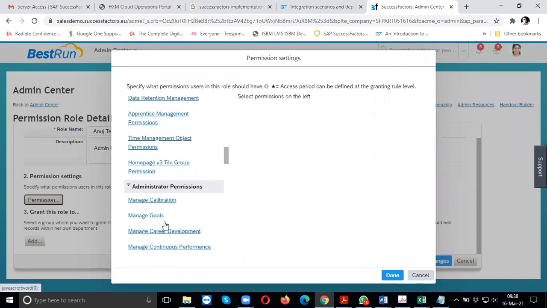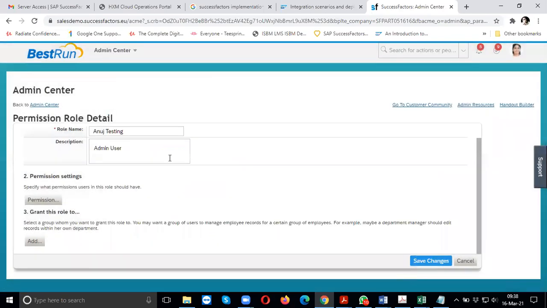Which is the admin, if it has to be a system administrator who has all the accesses, which one would that be? Yes, this is the one. So in case it is a system administrator, you want to give this user all the permissions, or it depends upon the scenario. Suppose this person will only be dealing with configurations related to employees. Then you can select here. You can lock or unlock the permissions here. We'll look at it in more detail because we haven't covered role-based permissions as a topic. I will cover it. I'm just giving you the overview now.